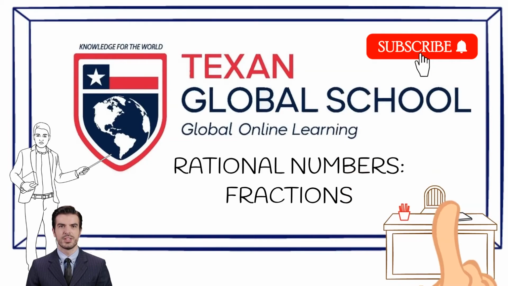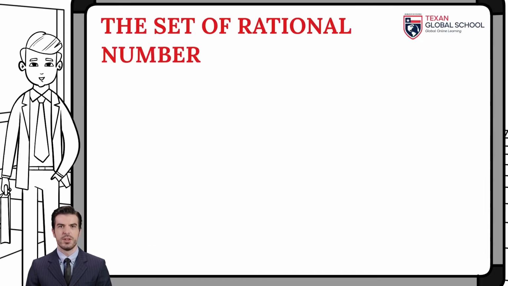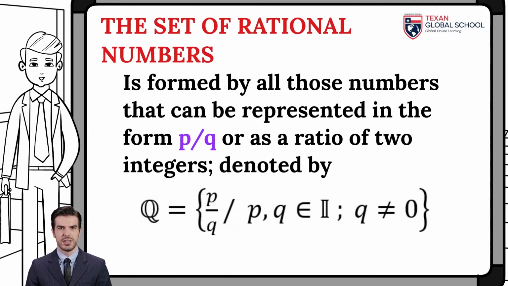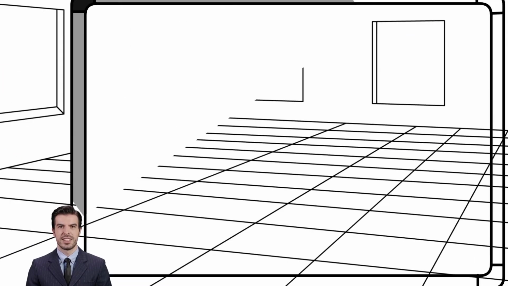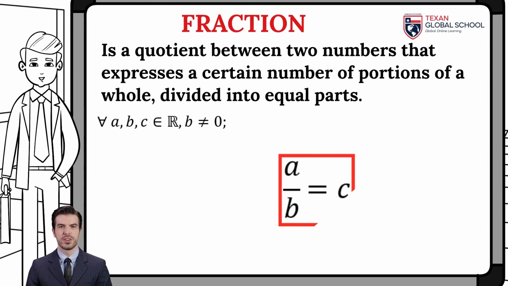Fractions. In this class, we will analyze the concept of fractions with examples. First, remember that fractions belong to the set of rational numbers. These numbers are all those that can be represented in the form p over q, precisely as a fraction. Essentially, a fraction is a quotient between two numbers which expresses a certain number of portions of a whole divided